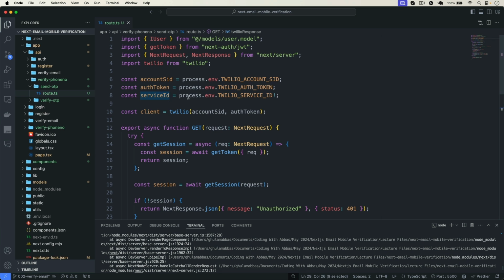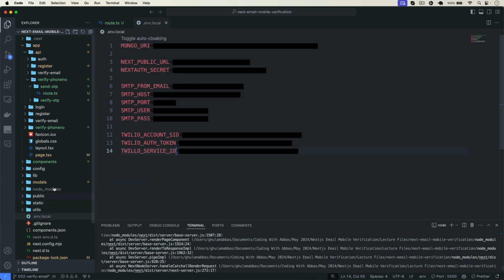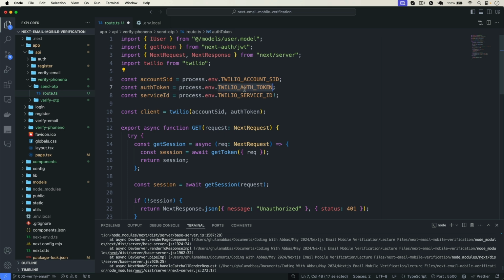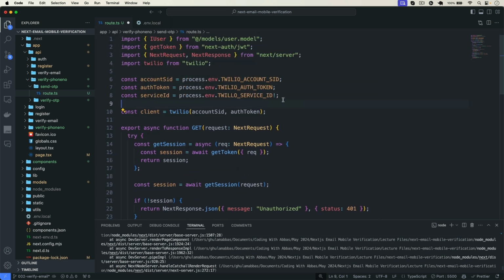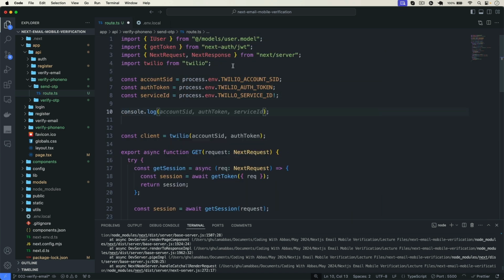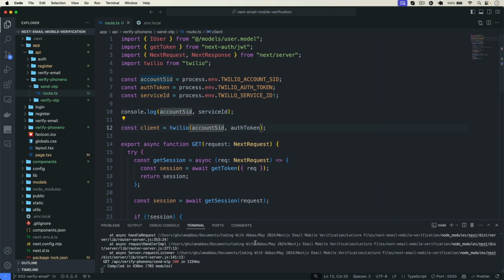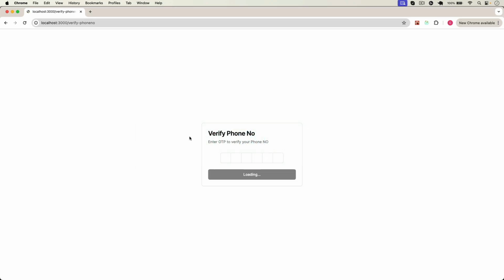Okay, so Twilio account SID, let me verify from my env file. So Twilio account SID, Twilio auth token, Twilio service ID. Okay, so account SID. So let me actually first of all log in here. SID, and then let's also log in here, service ID. So if I go back and reload this page,